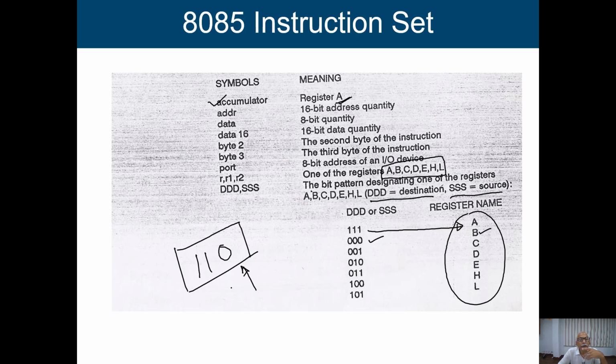But 3 bits is not sufficient to give the address of a memory location, because we know that we have a 16-bit address line. So it indicates that we are going to work with a memory location, but how we are going to give the address of a memory location, we are now going to see how designers designed it. Alright.